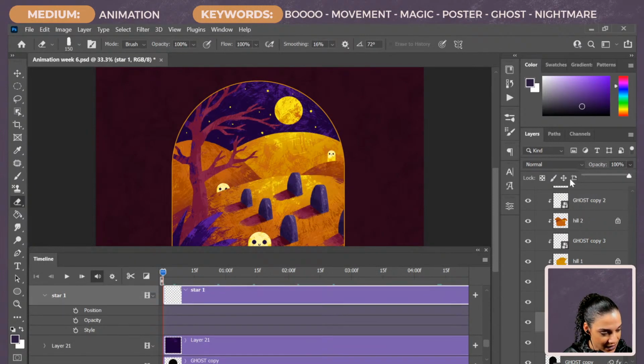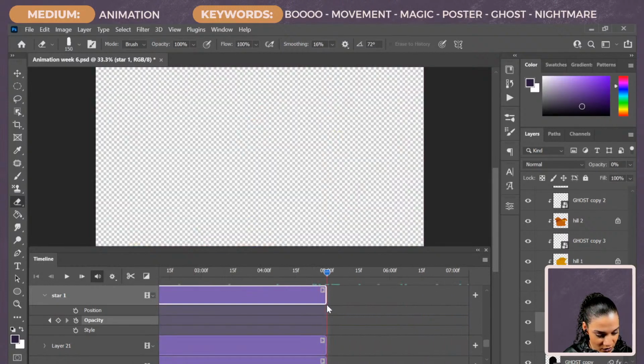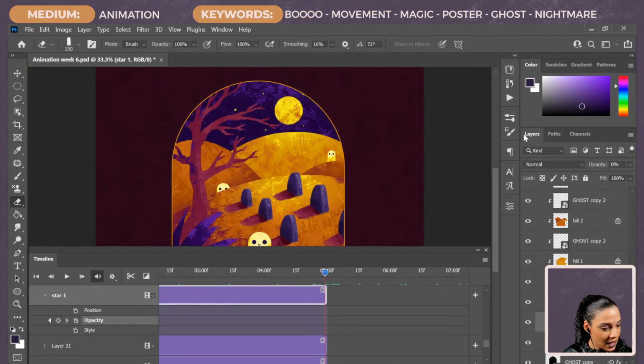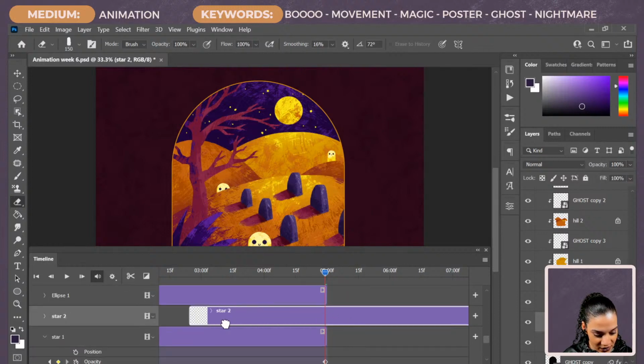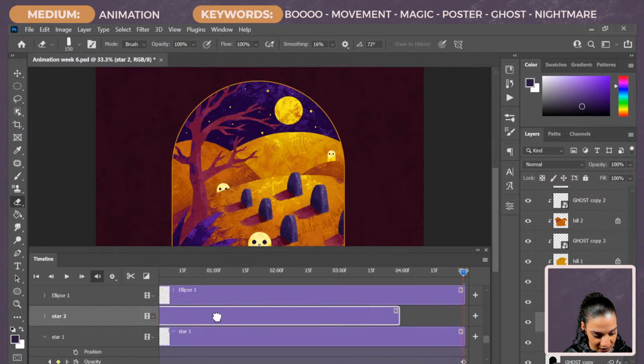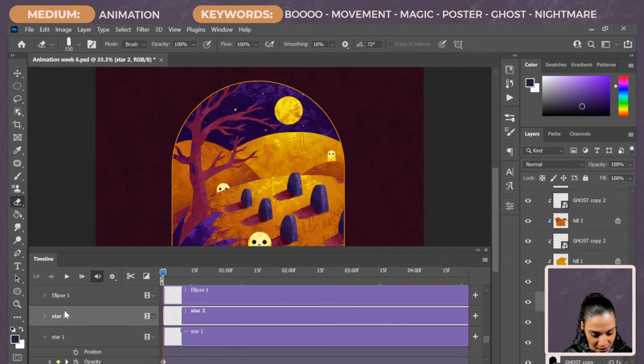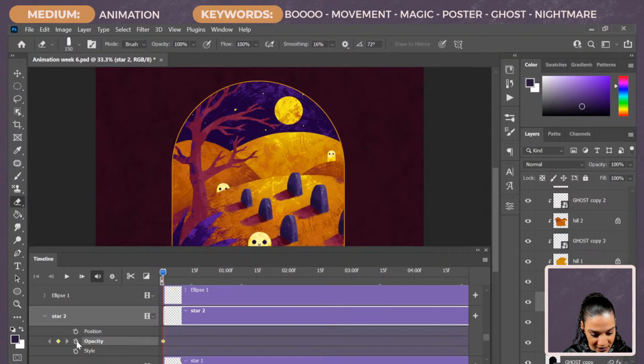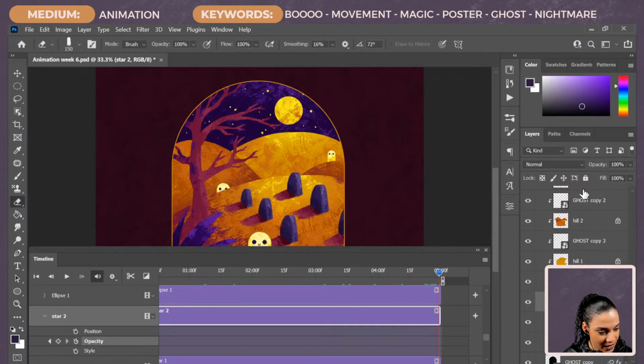I'm going to turn the opacity down and do an opacity keyframe. And then I'm going to scroll all the way to the end here and do a maximum opacity. Boom. And then for this star, we're going to pull this back. For this one, we are going to start it at max opacity and then scrub to the end, and I am going to put it at 0 opacity.